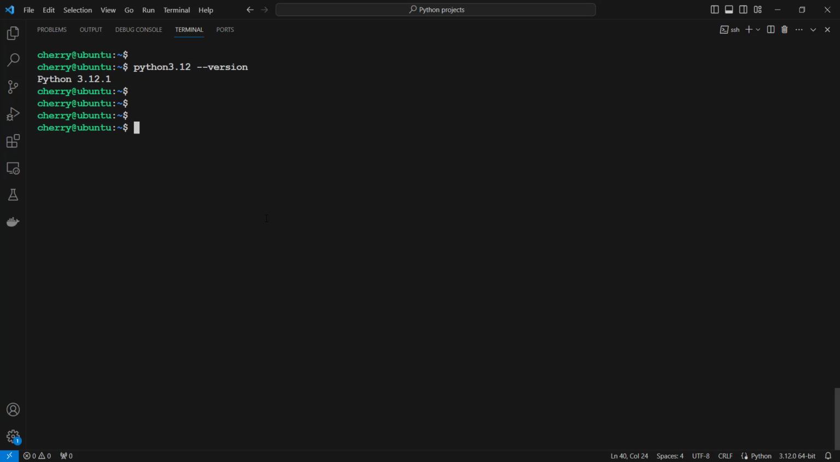All right, so that is one way of installing the latest version of Python 3 on Ubuntu. Now the other method is installing Python 3 from source, which you're going to look at in the next section. Installing Python 3 from source is the best approach if you want to install the very latest version of Python